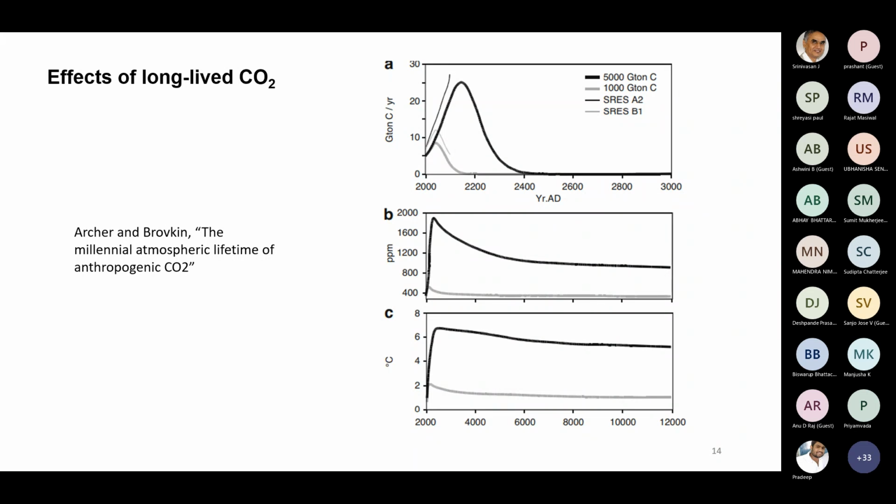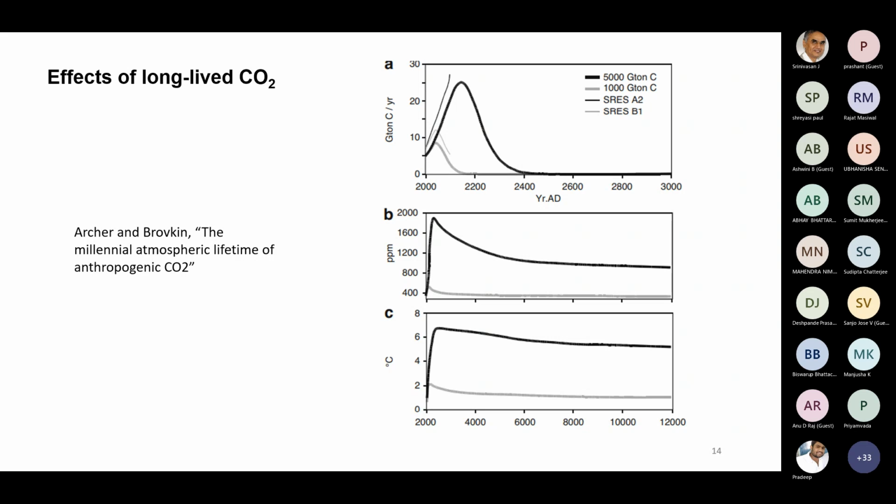It might not be so obvious on this graph, but if you look closely, you will also notice that the CO2 cycle is nonlinear. I'll share the slides with you and you can pore over them at your leisure, and you'll see that the fraction of CO2 that remains in the atmosphere after 10,000 years is higher for the scenarios with more CO2 emissions. So the fraction that remains after 10,000 years divided by the peak concentration is larger as you increase the